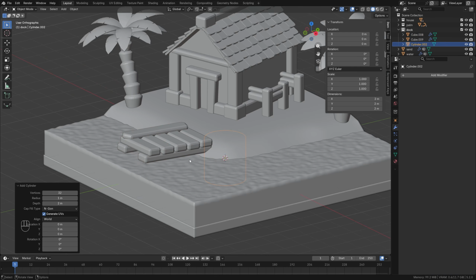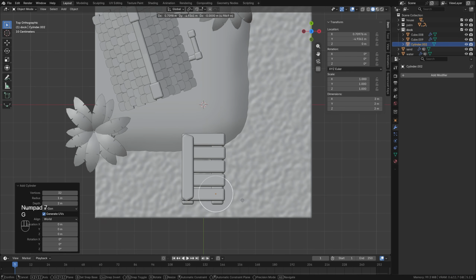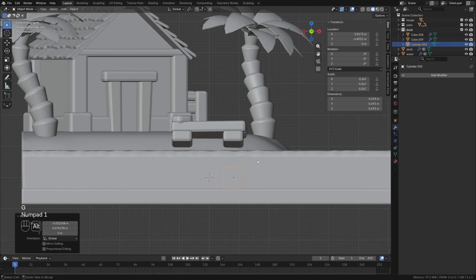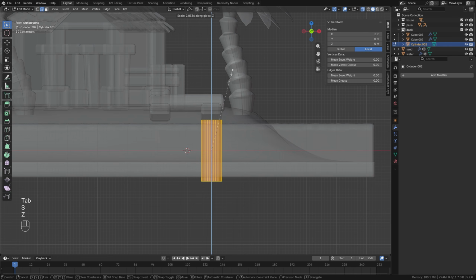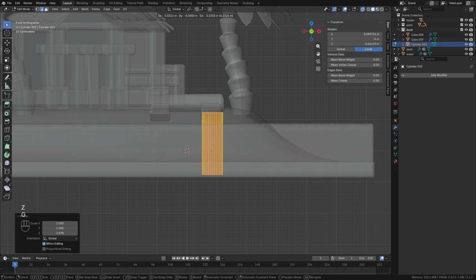Standard 32 vertices without filling. We move it to this area. Make it smaller. We look at all this on front view. We will turn on transparency using Alt plus Z. And in edit mode, we will make the cylinder bigger. Raise it up,